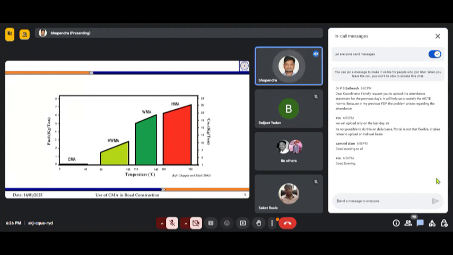Similarly, when we move to WMA, which is the warm mix asphalt, here the production temperature is increasing as we are moving towards the right. And because here production temperature has reached 110 to 140 degrees Celsius, you see the fuel consumption has also considerably increased. So here the fuel consumption is 5 kg per ton to 6.2 kg per ton. And the corresponding CO2 emissions that it is causing are in the range of 18 to 22 kg per ton.